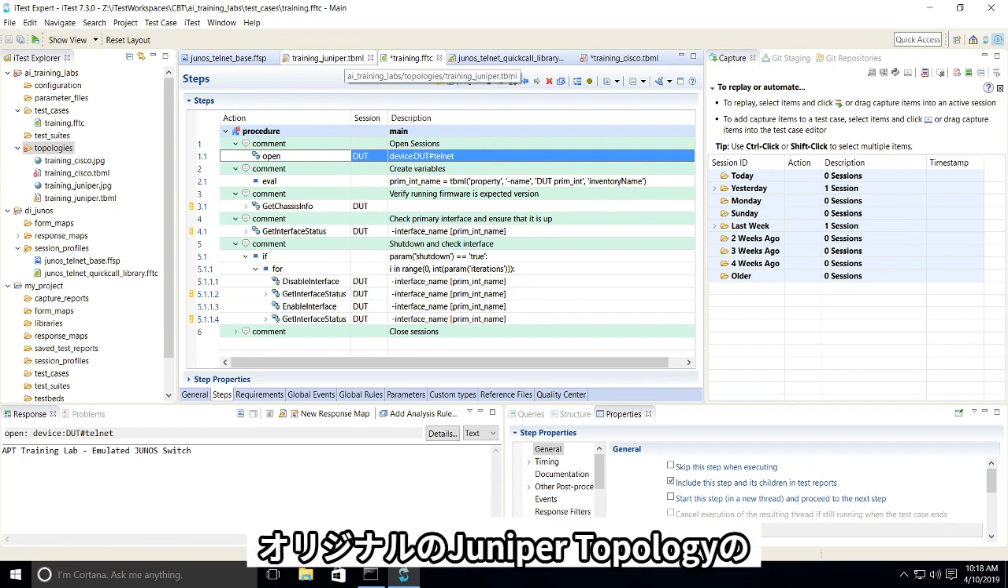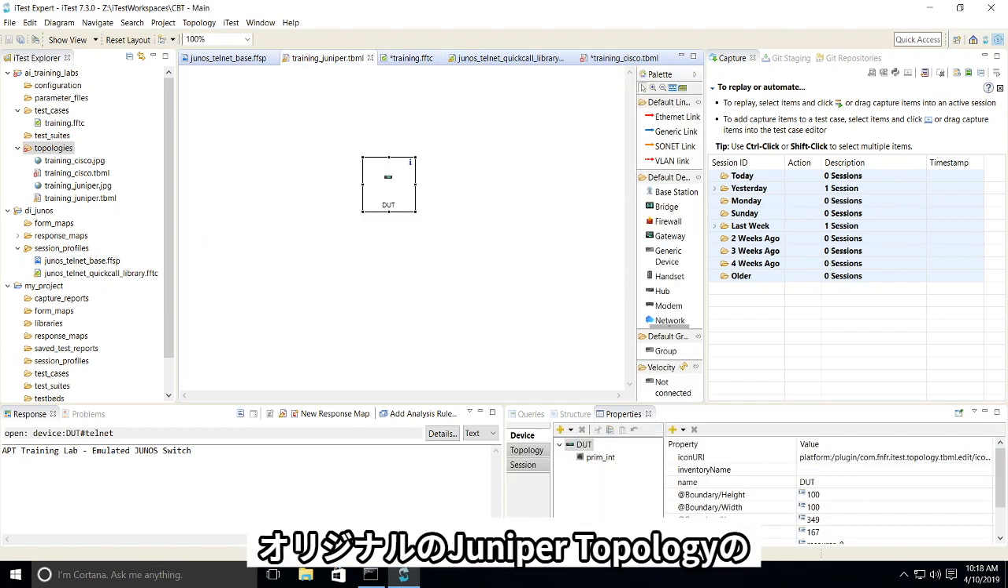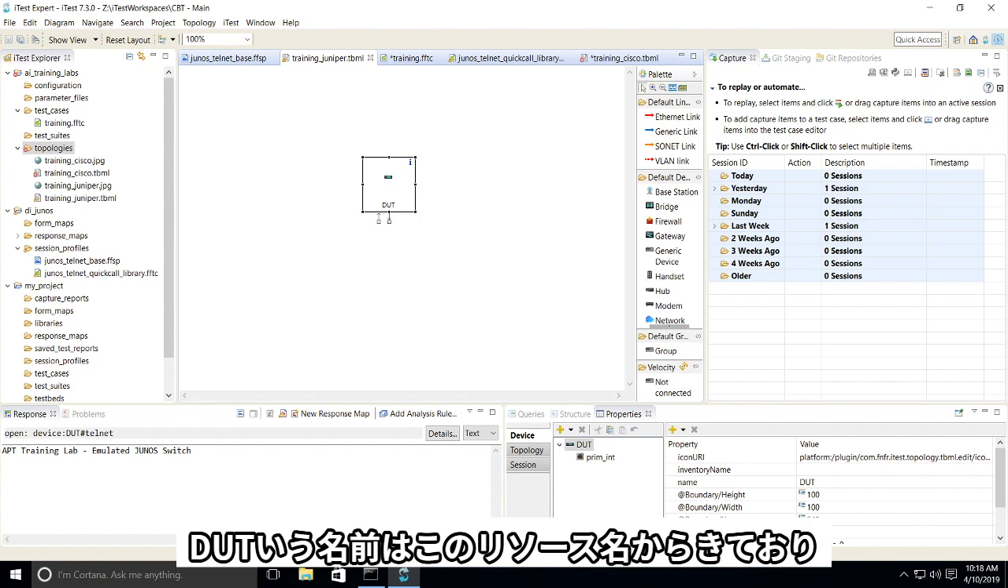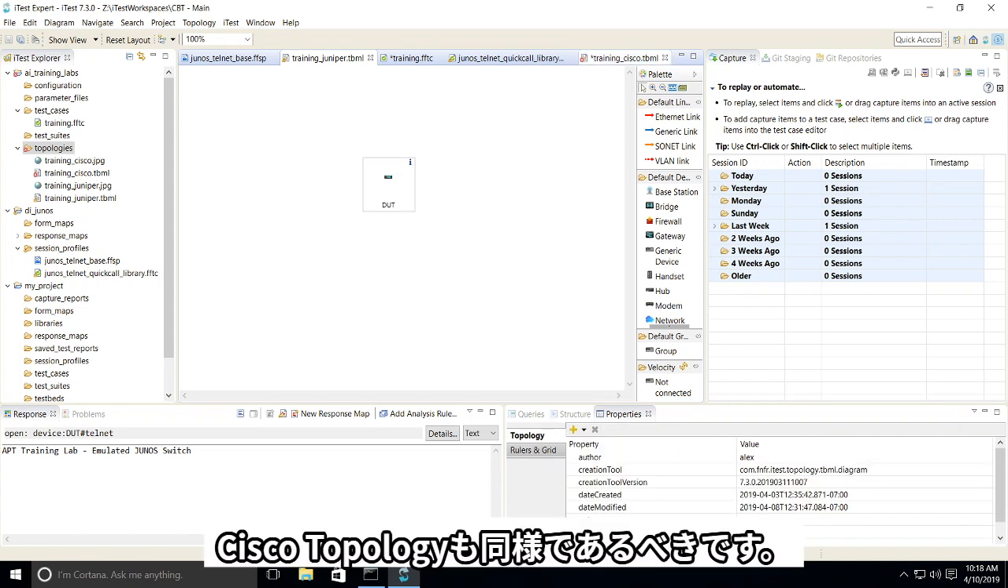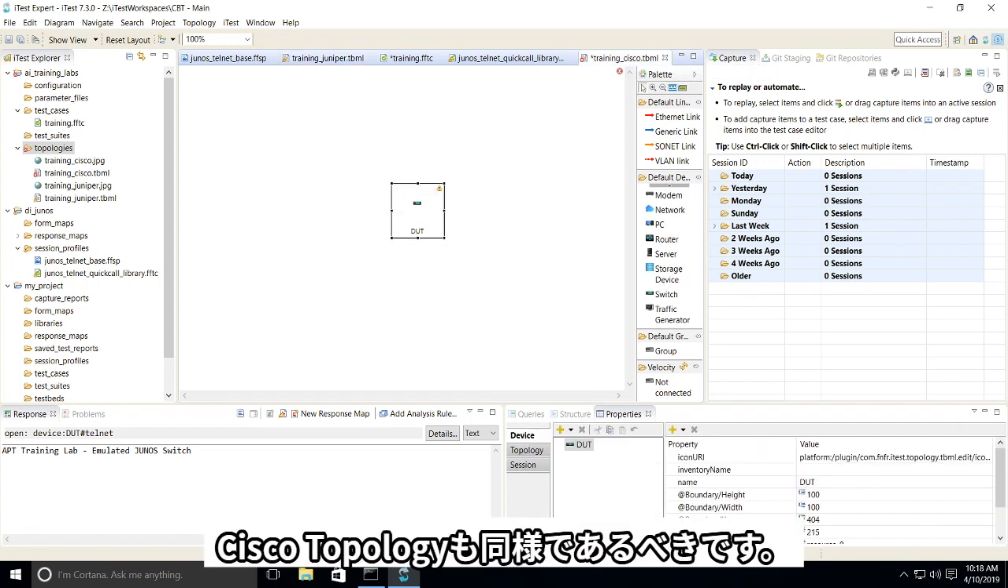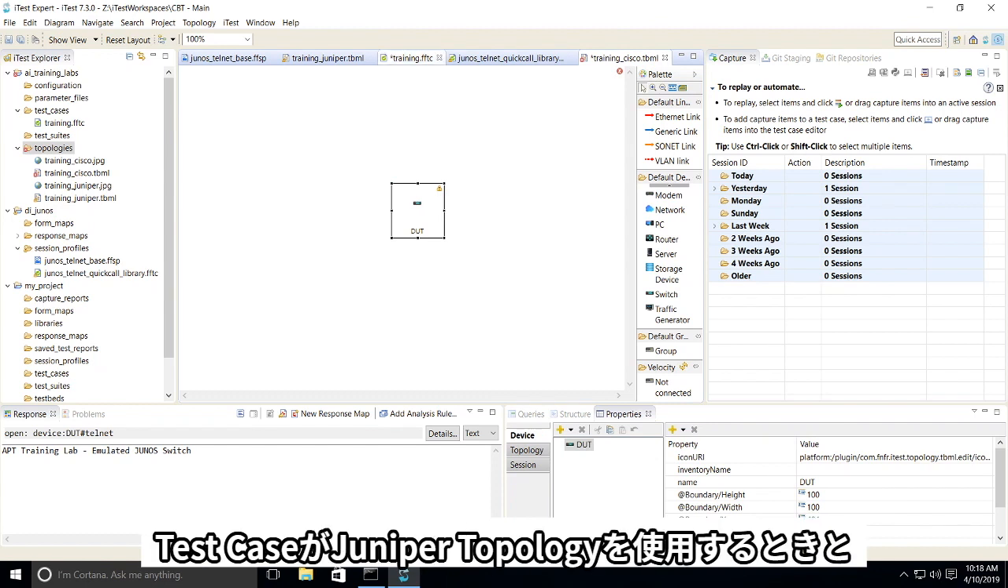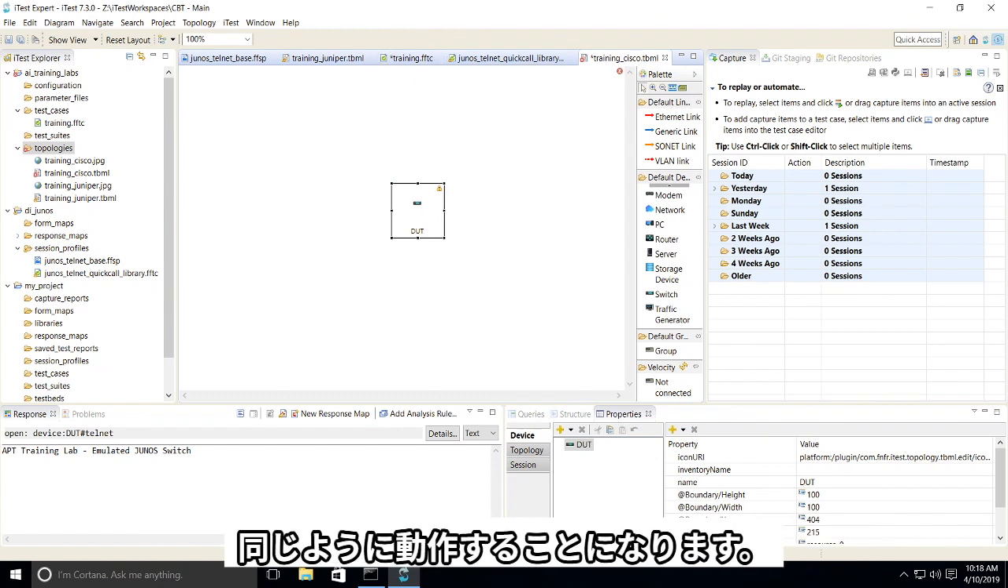In our original Juniper topology, that name DUT comes from the name of this resource, and that name telnet comes from the name of this session. So our Cisco topology needs to look just like that if our test case is going to be able to work with it in the same way that it works with the Juniper topology. Now,